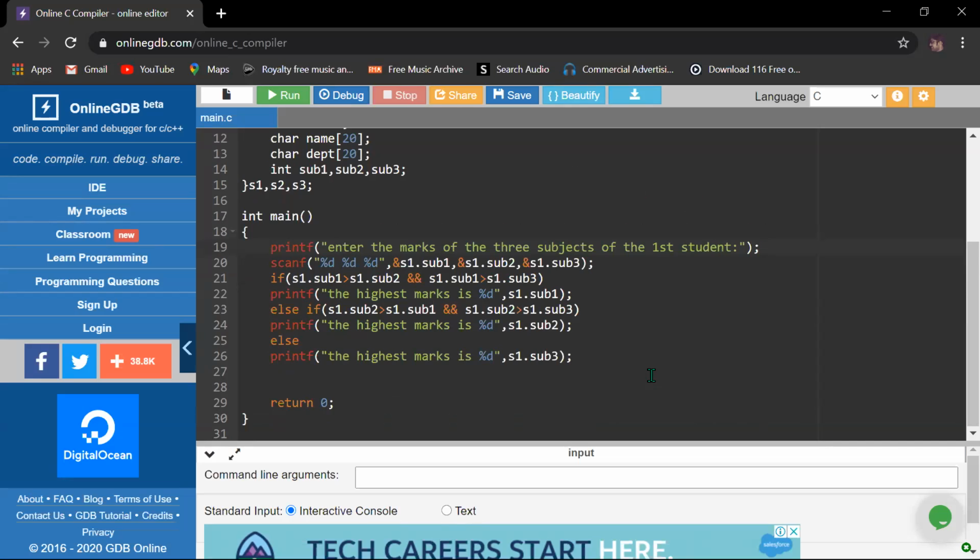And if we declare an array in place of the structure variable, then we have to execute a loop and write it in that way: si dot sub 1, si dot sub 2, something like that. Just remember those things and write the program.